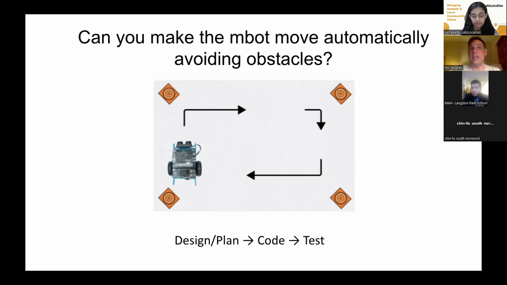So before they get let loose, stop them, get them to think, and get them to write down what they need to happen. So I'd expect something along the lines of, well, the robot needs to move, and if it sees something, then it needs to react. What's that distance going to be, and how does it react? Get them to think through the internal logic of the program first, then let them start coding it. That could be done together as a class. You could share code it, or you could get them to do it individually. But the design or planning step is really important to get them to think before they jump into the code. Then it's about coding, and then it's about testing it.